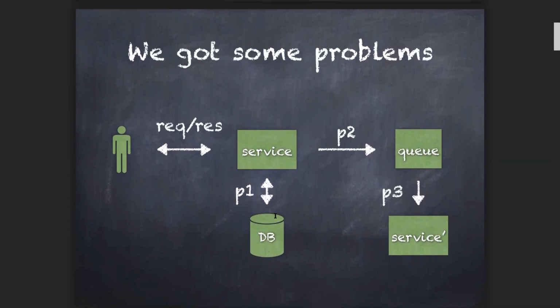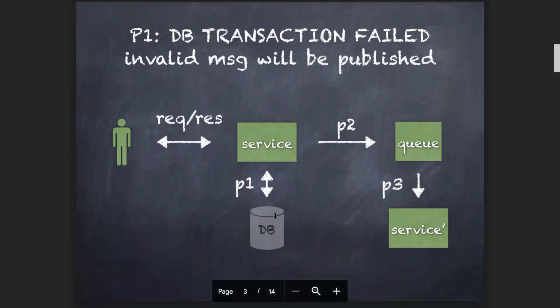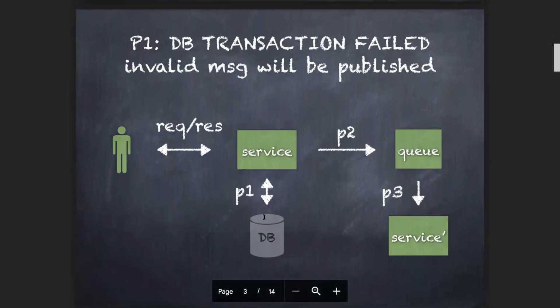I will go one by one. The first problem is the database transaction isn't safe. For example, I start the transaction, write something to the database, and after doing something, I publish the message to RabbitMQ. And then I go back to commit my transaction. At that time, the transaction failed to commit for some reason.